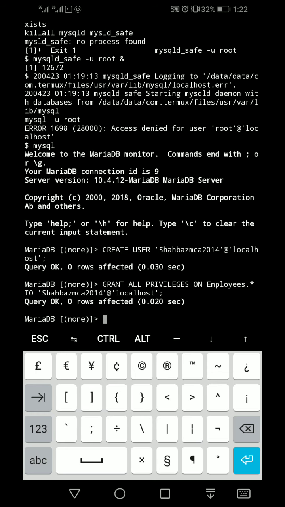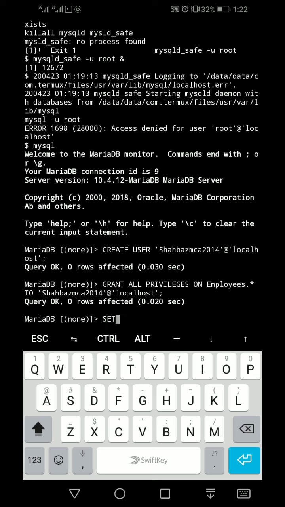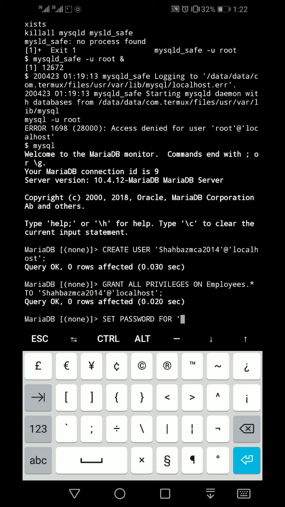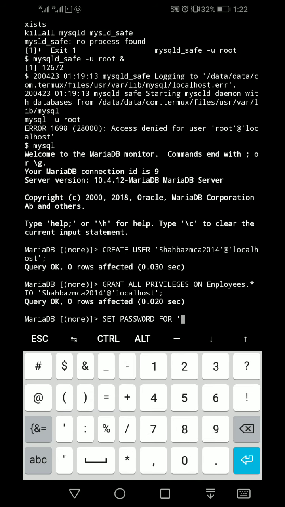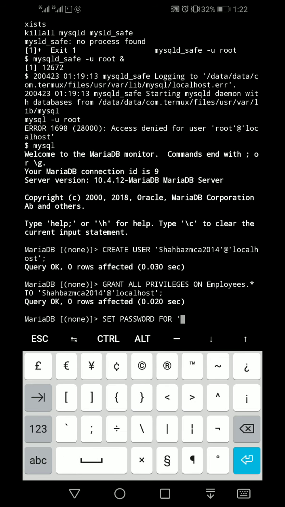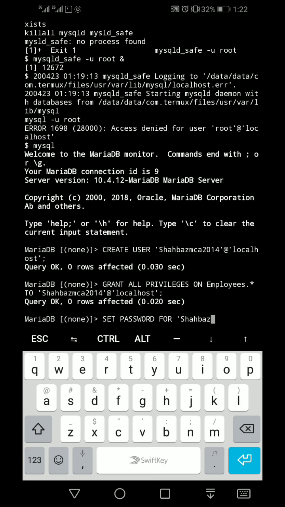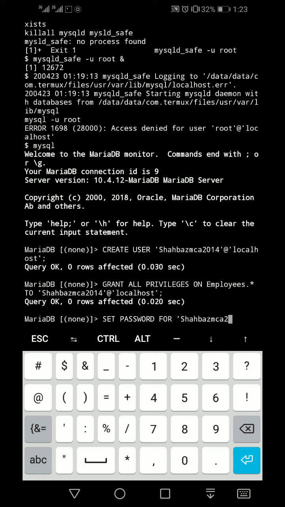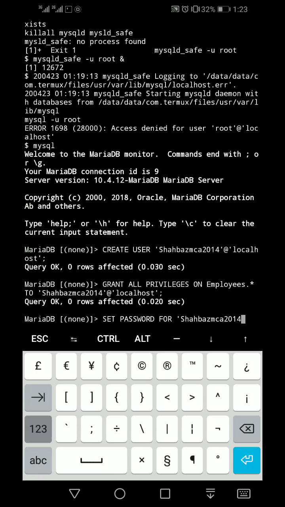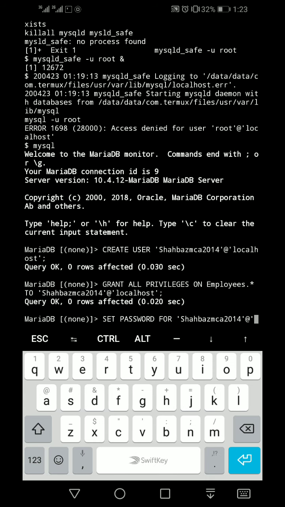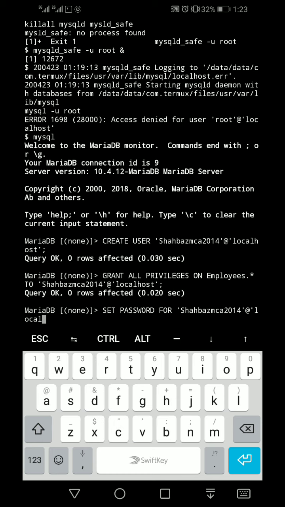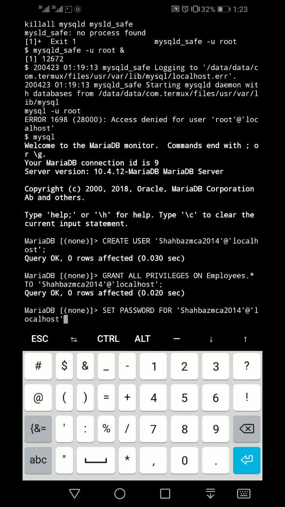Now password. How to set a password? Just write this command: set password for the username, that is ShahbazMCA2014, in single quotes, @ in single quotes, localhost in single quotes, is equal to